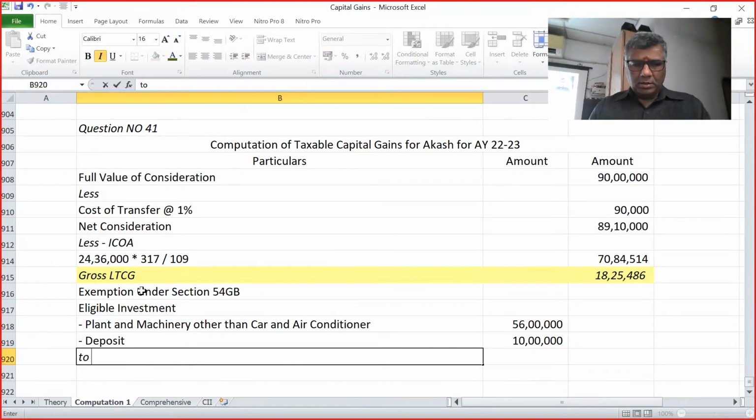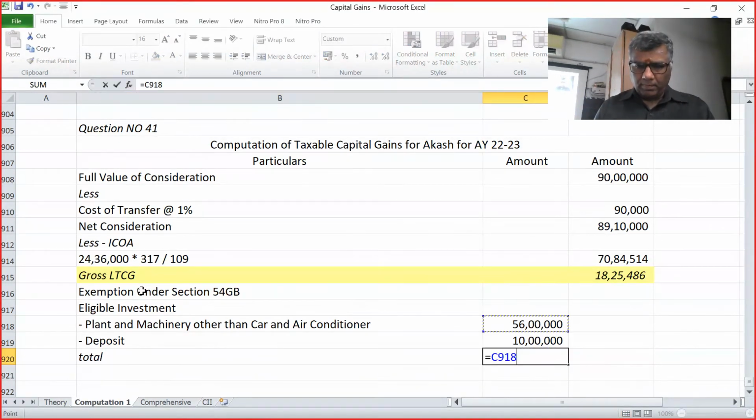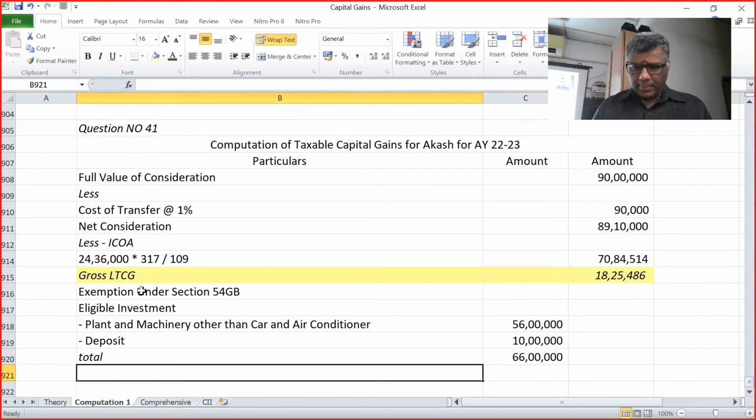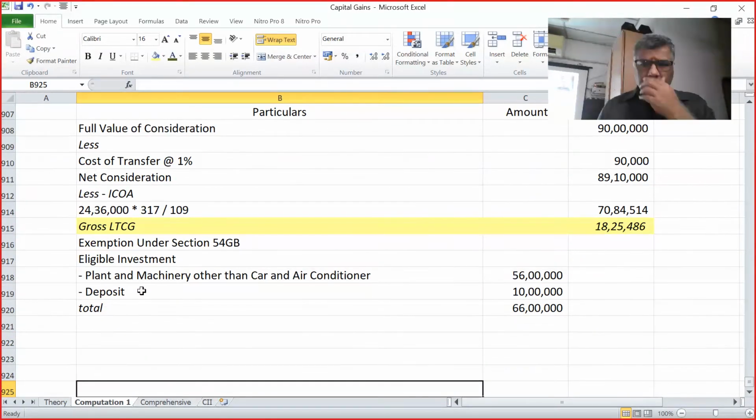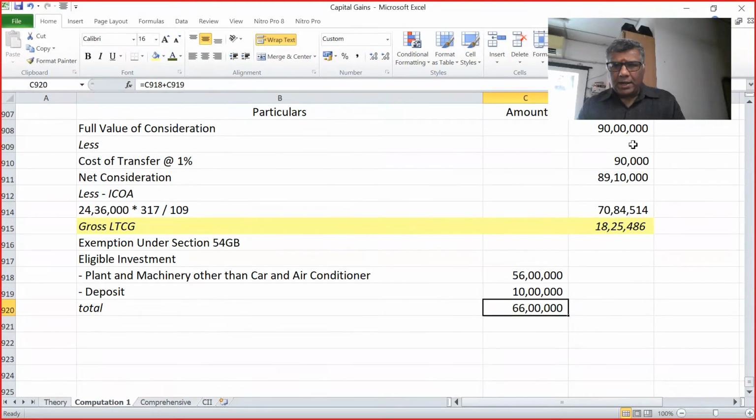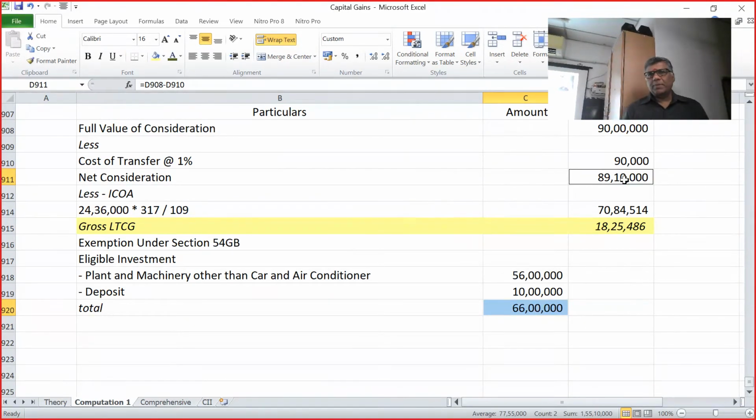Okay. So 66 lakhs, whereas your net consideration is 89 lakh 10,000. Entire net consideration is not invested, so